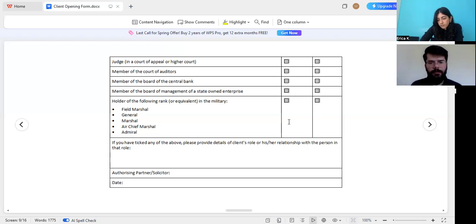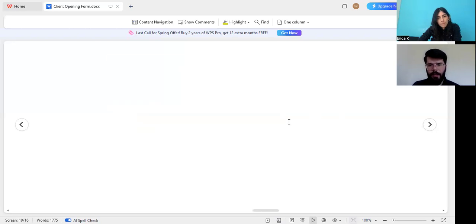If you have ticked any of the following, or any of the above, please provide details of the client's role or his/her relationship with the person in that role. That is, again, your due diligence that you need to do. Authorizing partner or solicitor would need to authorize it and sign off, and then date it. And then you've got